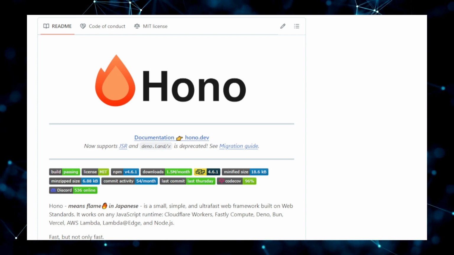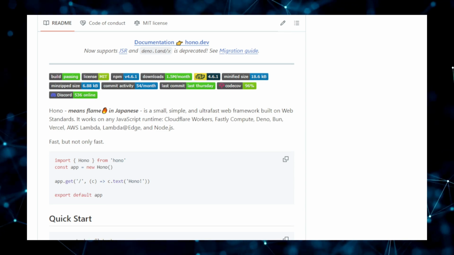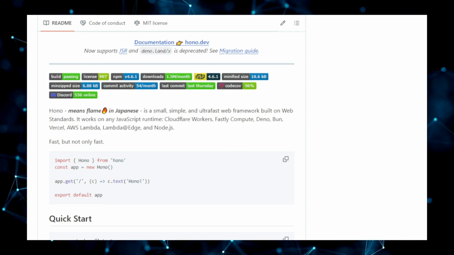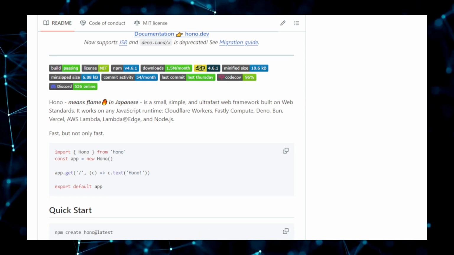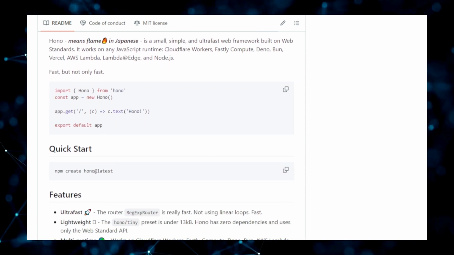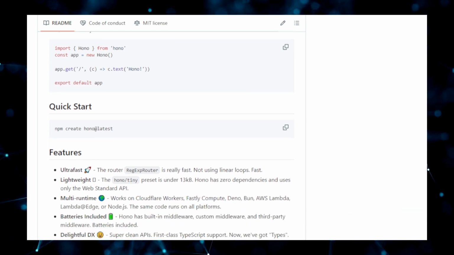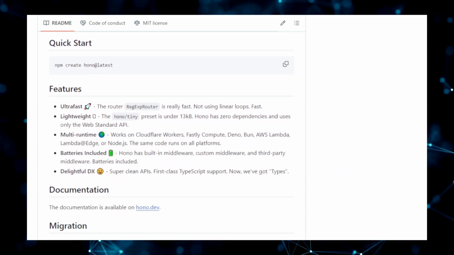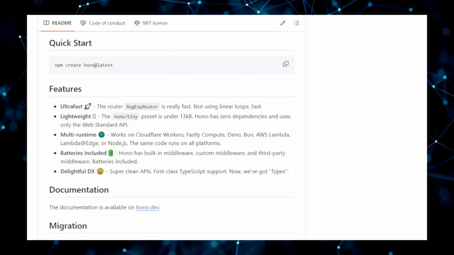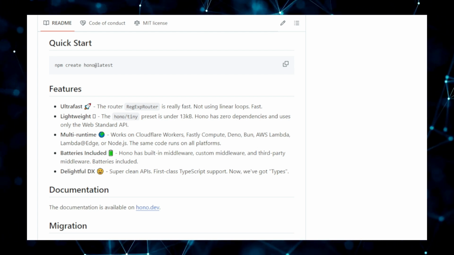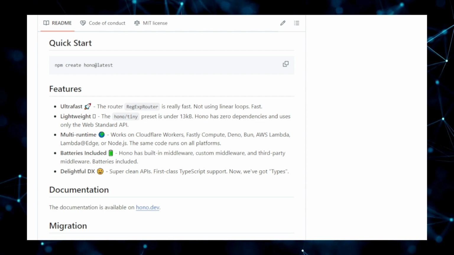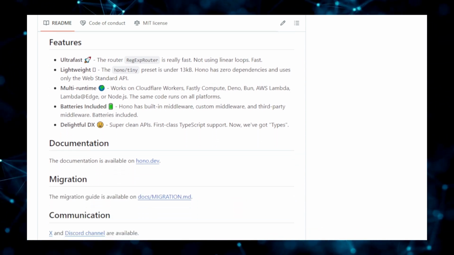For rendering dynamic HTML content, Hono has a built-in templating engine, allowing you to seamlessly create content-rich pages. It also has the ability to serve static files like CSS, JavaScript, and images directly from the application, making it a complete solution for web development. Built on asynchronous programming principles, Hono ensures that your code remains non-blocking and can handle multiple requests at once, enhancing overall application performance. Its extensibility is another great feature, allowing you to integrate plugins or add custom code to extend